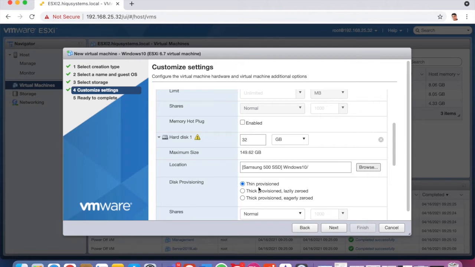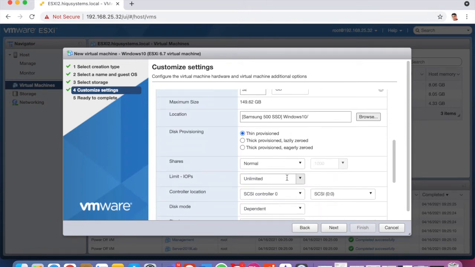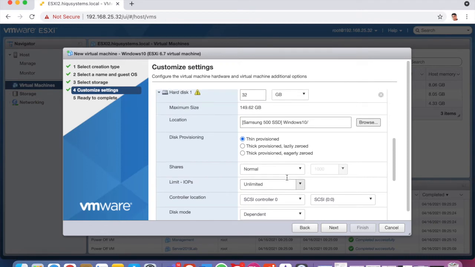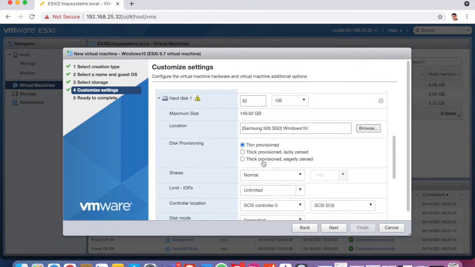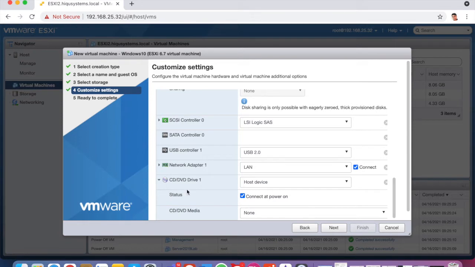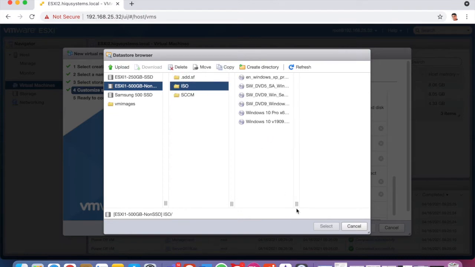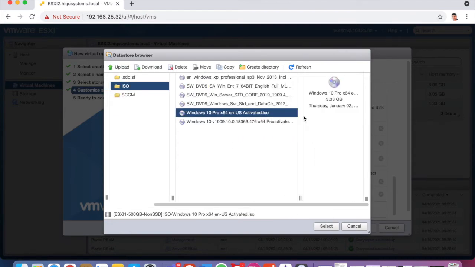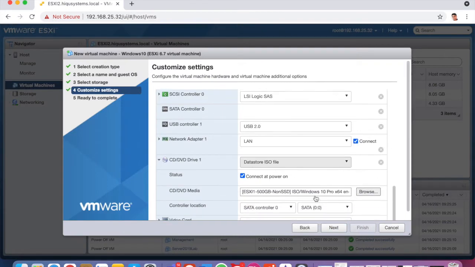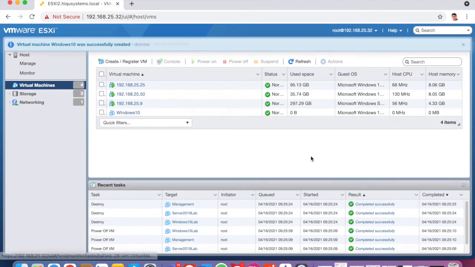I need to select the thin provisioned virtual machine because I have less space in my data store and this is not a production, not a critical machine, else I would have to select thick provisioned. Now I have to select the ISO file. It's placed in my other data store. Now I'm ready to start